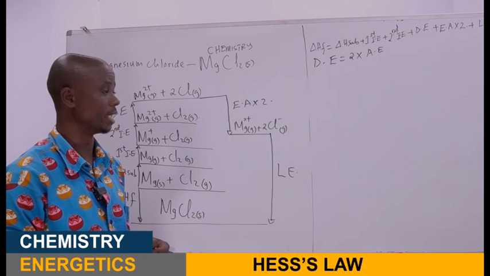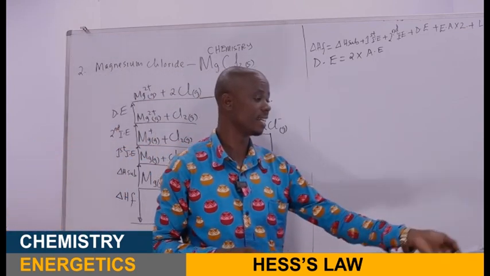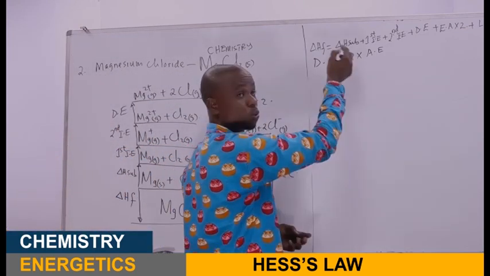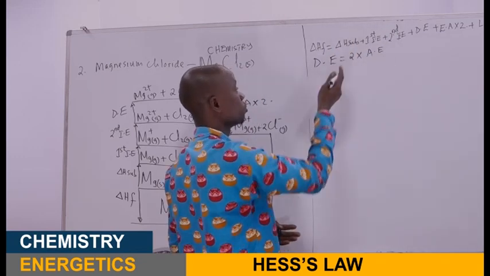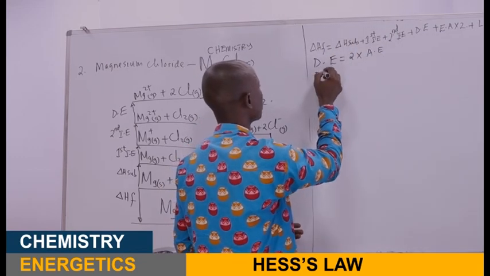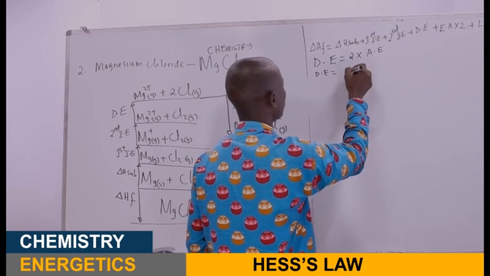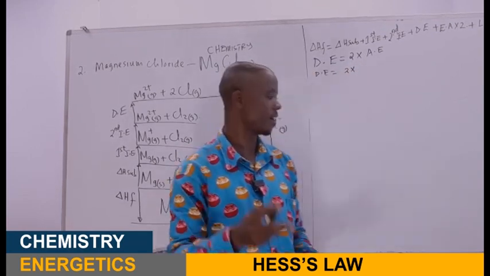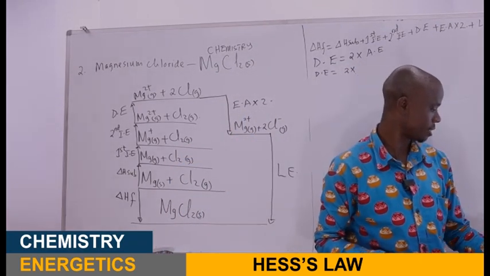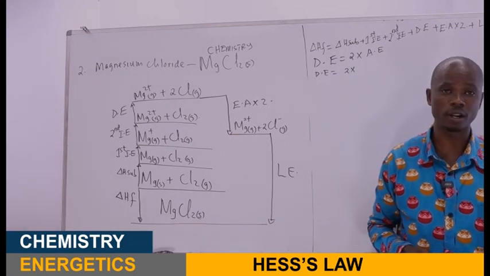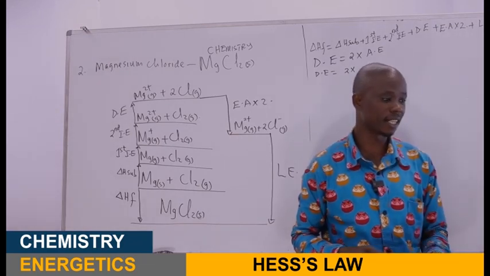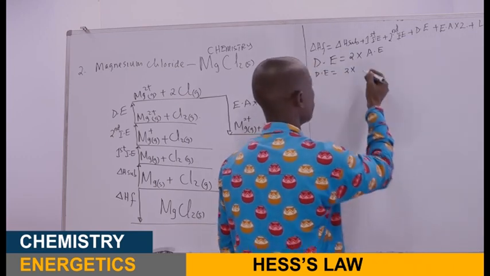2 times atomization energy. Now, because we have the data there, we can just multiply so that we can substitute all these values into the given formula. So dissociation energy will be equal to 2 times the given value for atomization energy of the chlorine molecule, which is positive 138 kilojoules per mole. So you multiply by